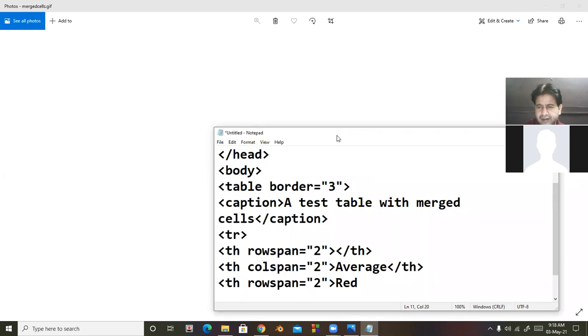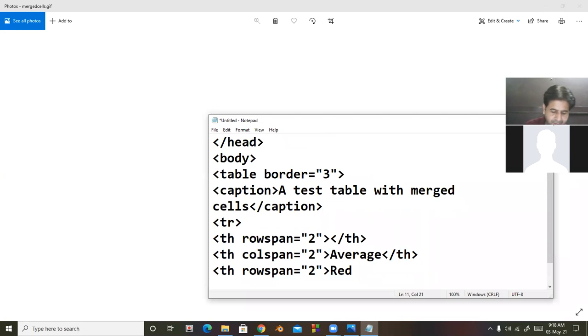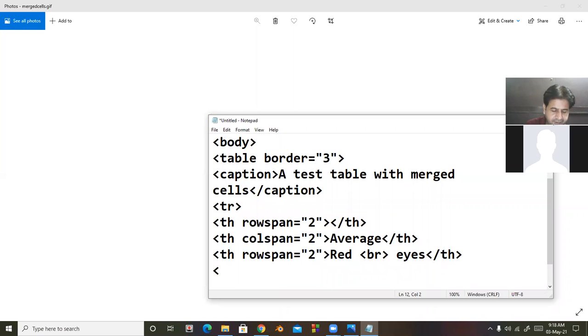Okay, students, after red, the line is changed, red eyes. So you will use here BR for changing the line. Then eyes, and then TH closed. Now TR close.